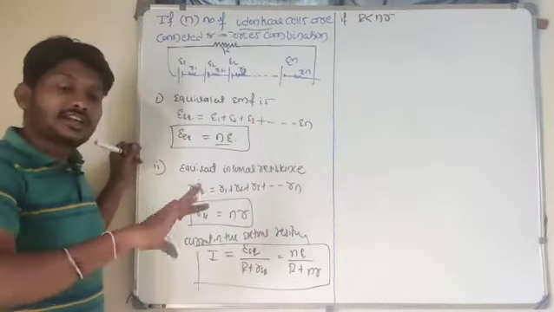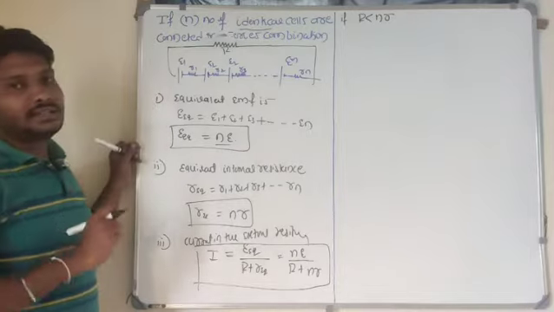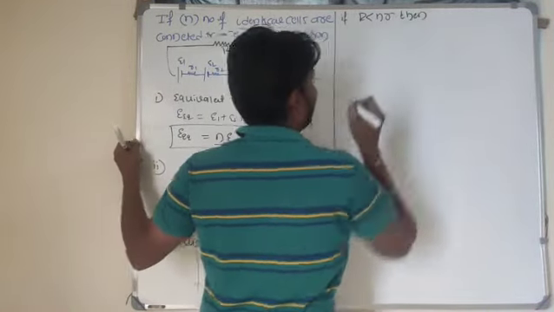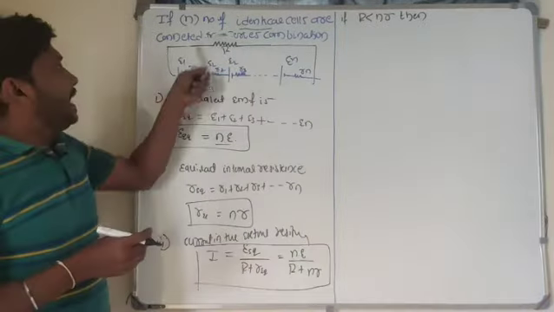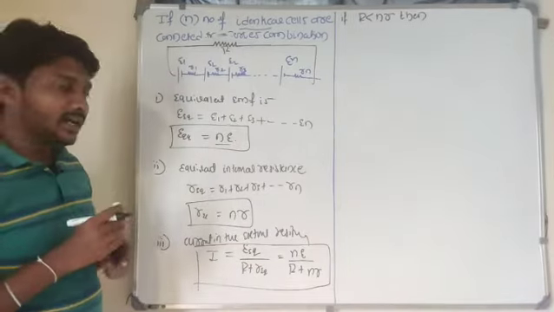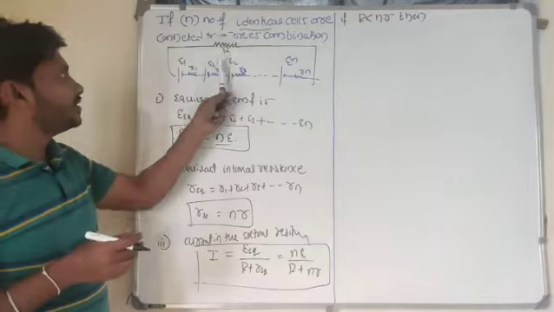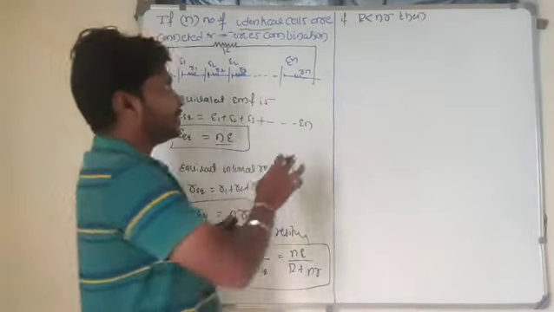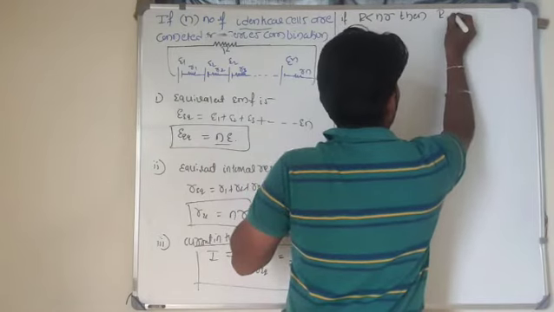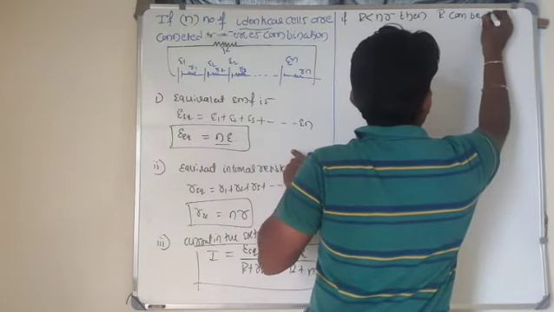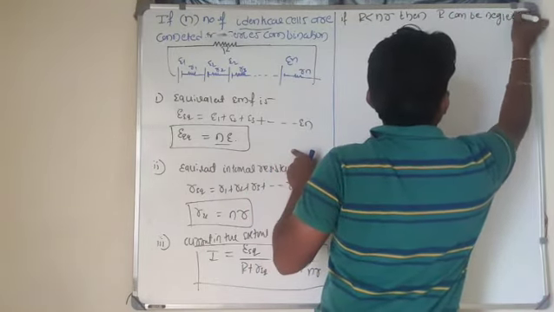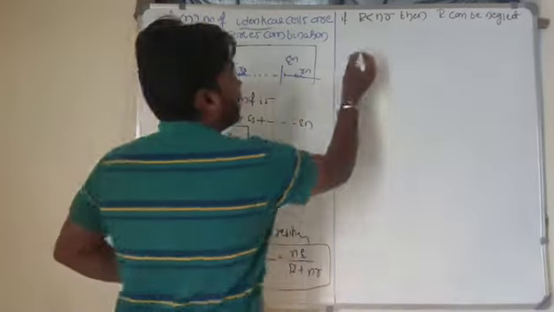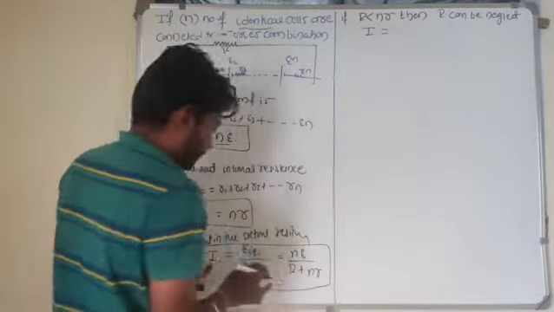External resistance will be less than the internal resistance, then I can neglect the external resistance value. Look at here, if external resistance value is very much less compared to internal resistance, then R can be neglected. If R is neglected from this equation, look at here, I is equal to,